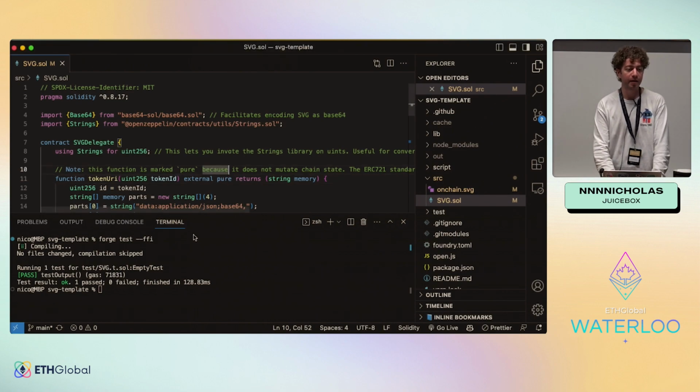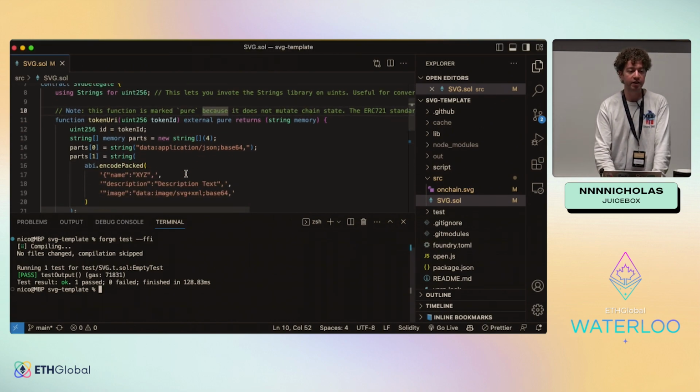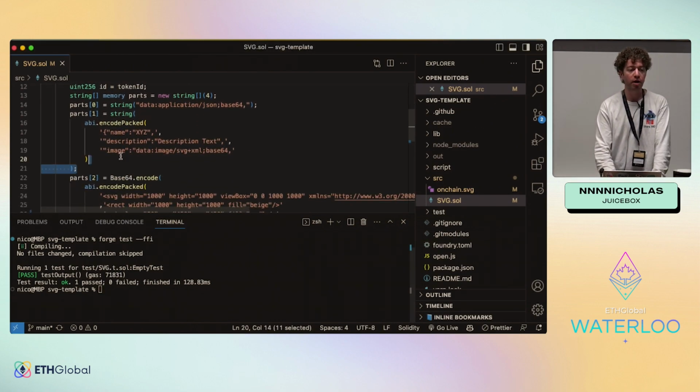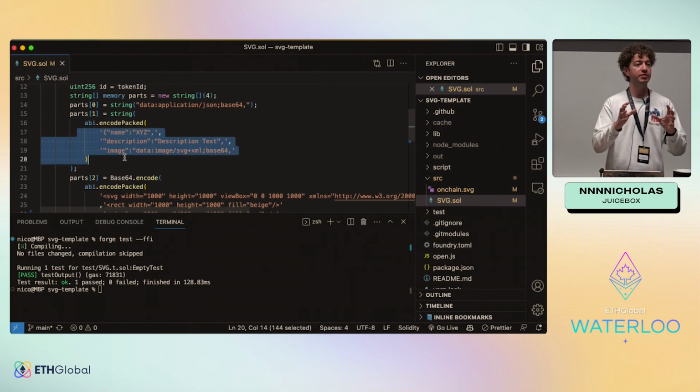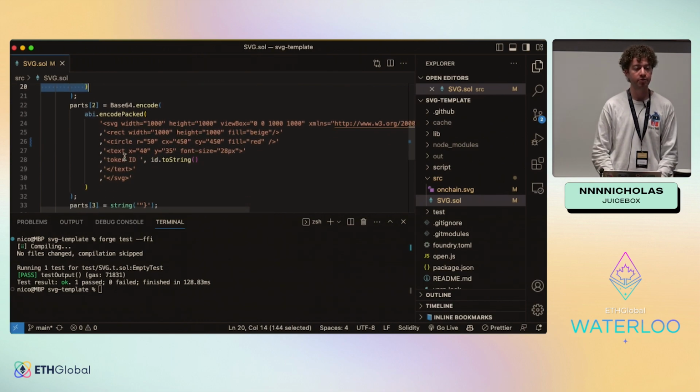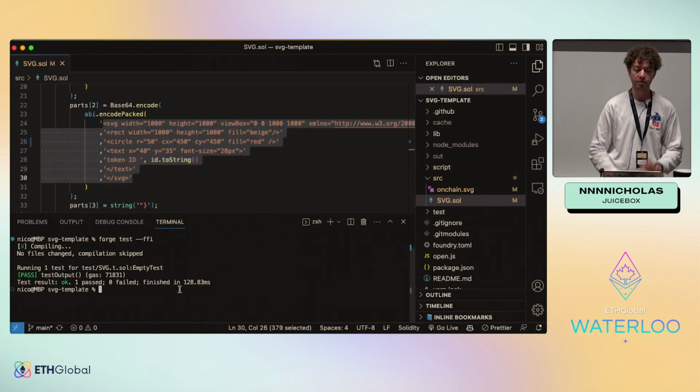Okay. So you can see here, these are the properties that will be the properties of the NFT, not visual properties, but properties that you can sort by in OpenSea, for example. And here we're generating the actual SVG. So if you download this and simply install the dependencies, and there's instructions for that in the README, and